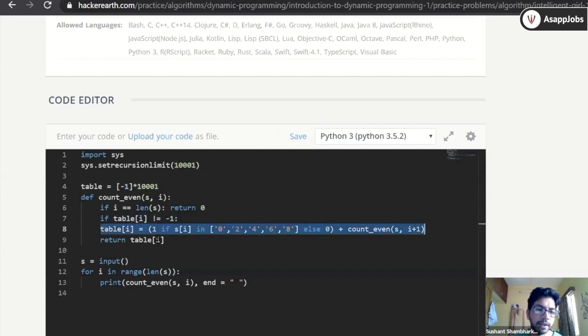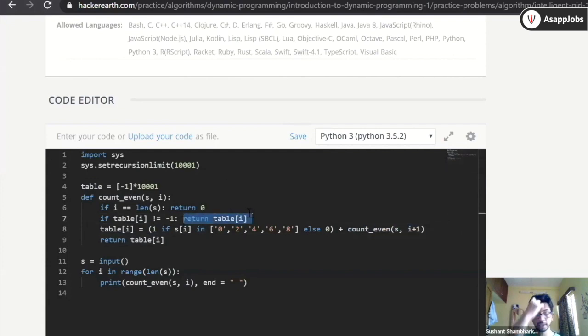So if this call is coming again and the value is already filled, you just return whatever value there is in the table. You don't need to go further and calculate that value, you don't need to use this statement, and you don't need to make a recursive call. You just end your recursion here.